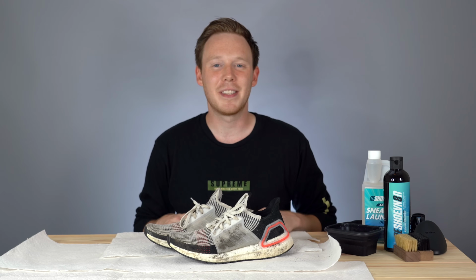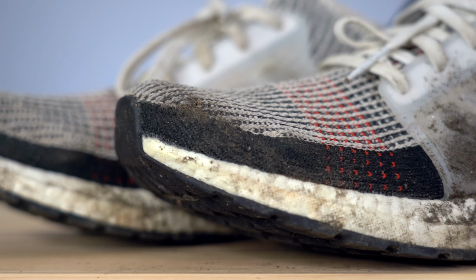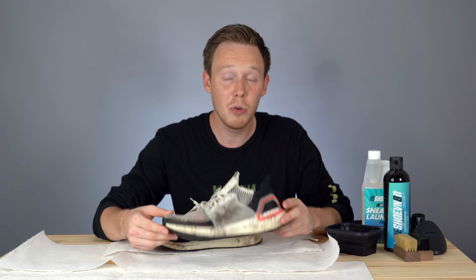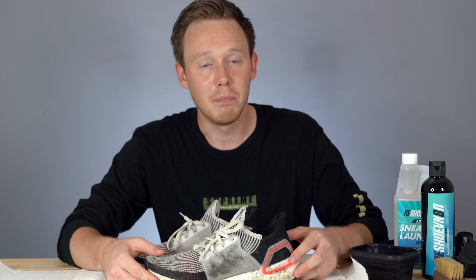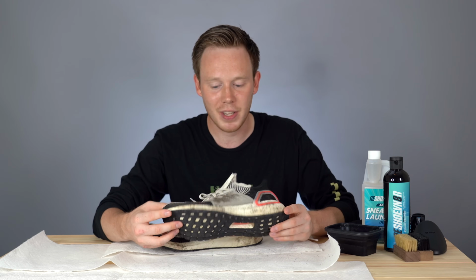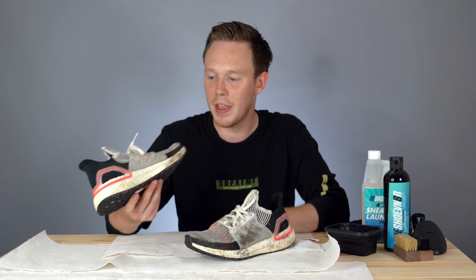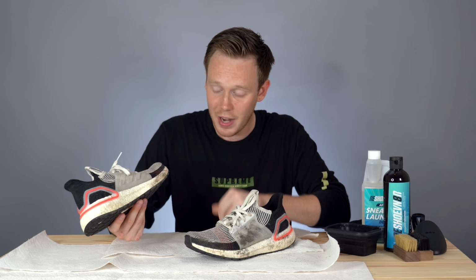What's up everybody, I'm Seth Fowler and today I'm going to be cleaning up this just completely destroyed pair of Ultraboost 19s. Now as some of you may know, I was just on a cross-country move, not myself, my dad, and that required a lot of moving. So my shoes just got completely destroyed. I mean, more so than I thought that they could, to be honest with you. I probably should have worn boots now that I'm thinking back on it, but to be fair, I did have